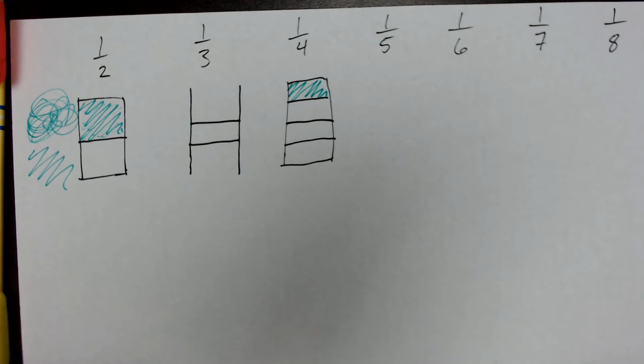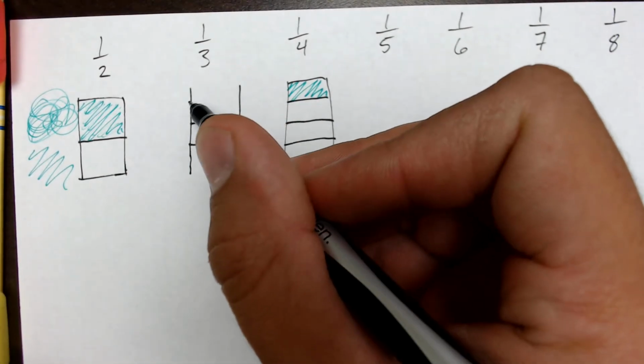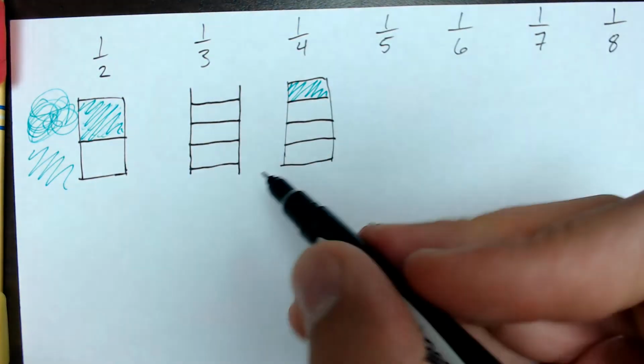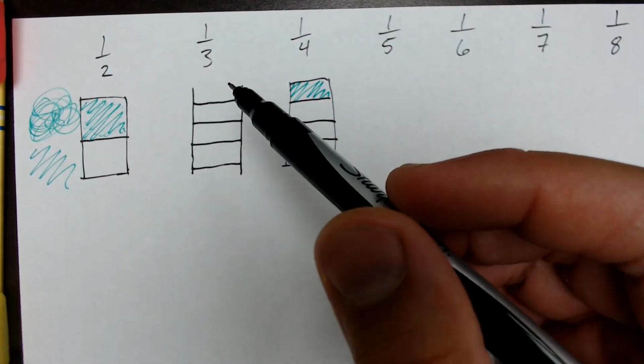Now that piece is now 1/3. Now what I want to do is go that same space above and below and add sections on. All right. So there's another piece, and there's another piece. So now I have a rectangle with 3 pieces, and if I'd done this in pencil, which I think I've